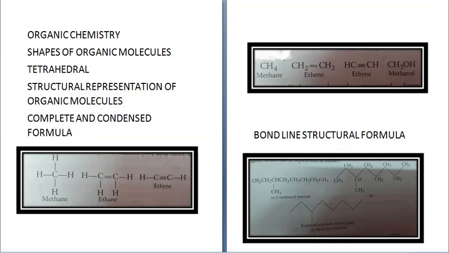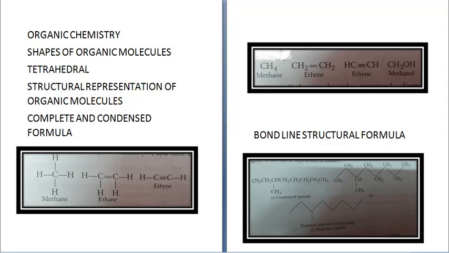Today we are going to start organic chemistry, some basic principles and techniques. Now, carbon atom has the property of catenation. That means it can bond with other carbon atoms, and it also forms covalent bonds with other atoms like hydrogen, oxygen, sulfur, nitrogen, phosphorus and halogens. Compounds containing carbon and hydrogen are called hydrocarbons, and hydrocarbons and their derivatives are called organic compounds. The branch of chemistry which deals with these organic compounds is called organic chemistry.